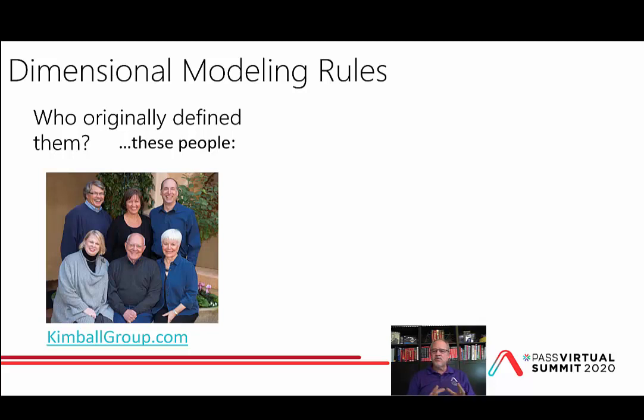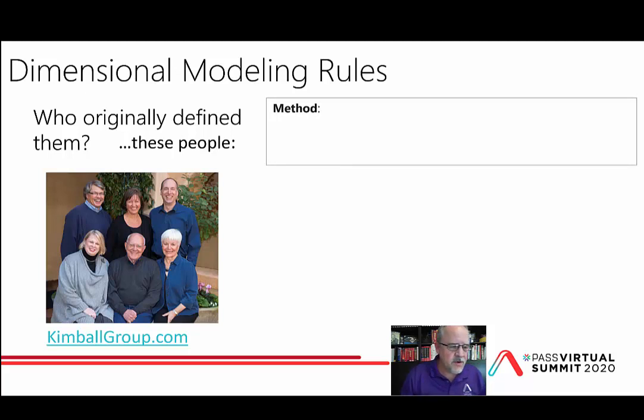And one of the books that is really kind of known as the Dimensional Modeling Bible is called the Data Warehouse Toolkit. And like the Bible, if we continue to use that analogy, it's an old book. But it contains a lot of truths, and it contains a lot of concepts that most people in this industry believe to be the right way to approach modeling an analytical database. So I'd encourage you to go to the Kimball Group.